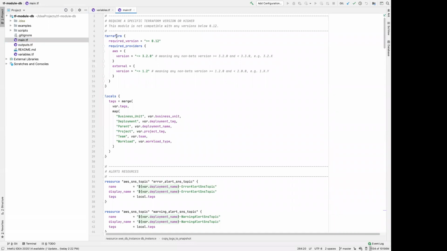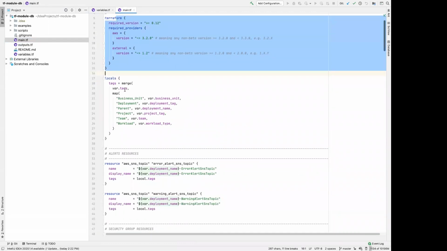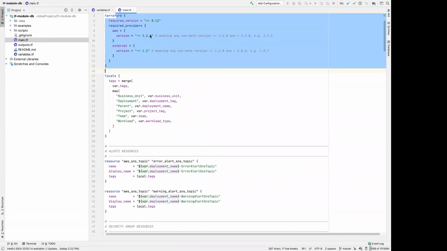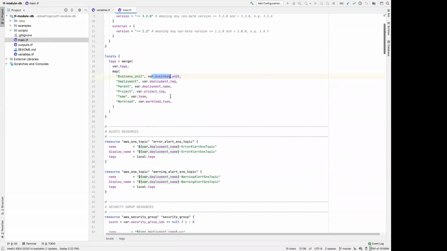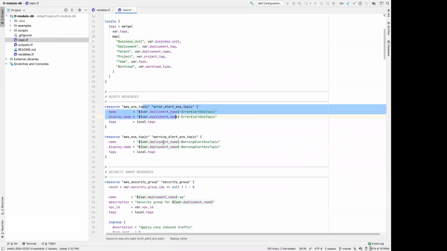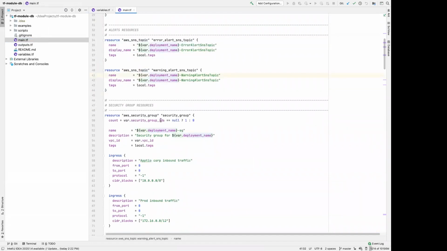So we have the Terraform versions defined, what I want. We have some local variables. So the tags, they are common across everything. So we are going to substitute the values for you. We have alerts, SNS topics. We have the security group,